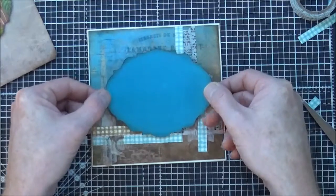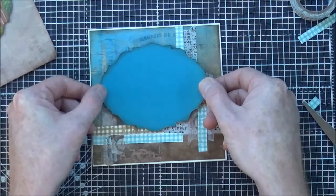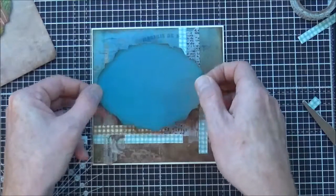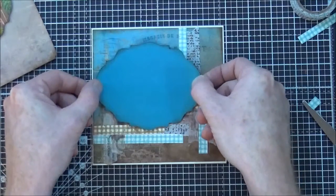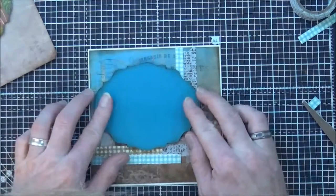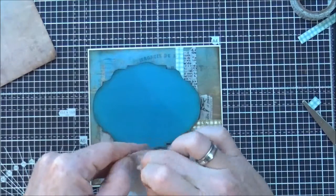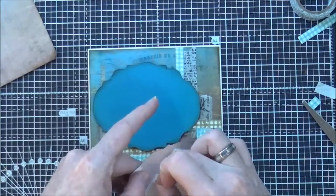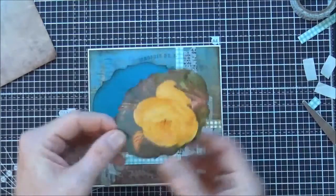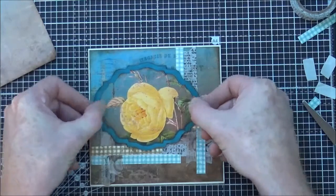That's looking better. Lovely. So I'm just going to put that slightly offset top left, because I want to leave a little bit of space down at the bottom here to put my sentiment. So I'm going to lay that down there, just making sure I've got it as straight as I can. Get my topper, make sure I've got it the right way up, and lay that down with an equal border all the way around,